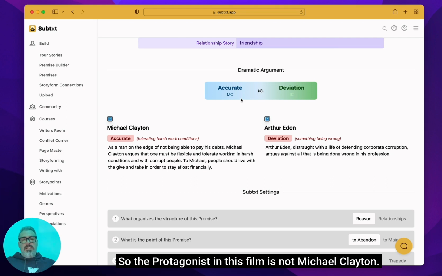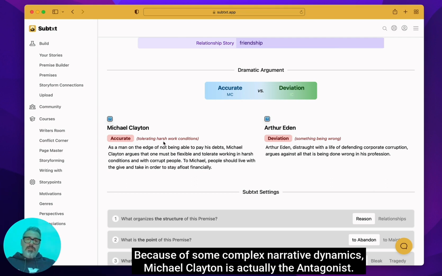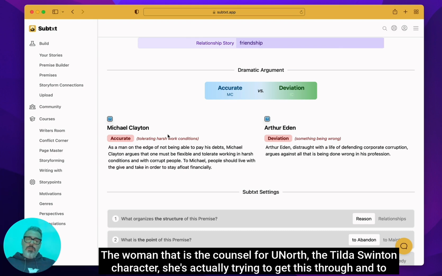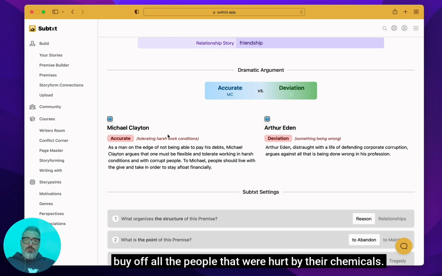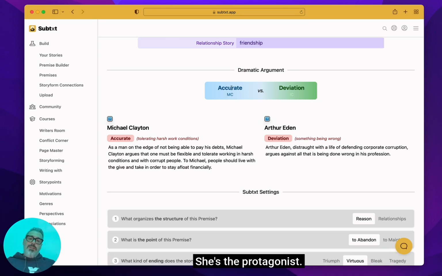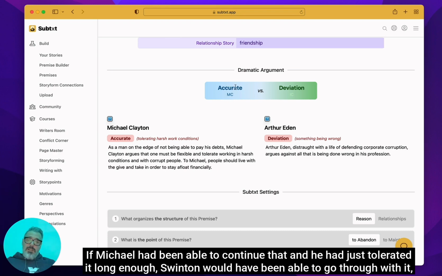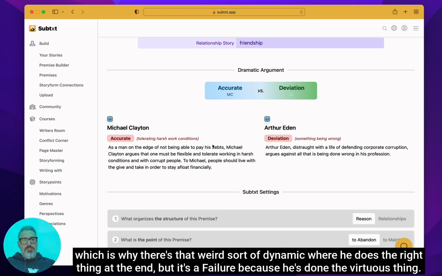So the protagonist in this film is not Michael Clayton. Because of some complex narrative dynamics, Michael Clayton is actually the antagonist. The woman that is the counsel for U North, the Tilda Swinton character, is actually trying to get this through and to buy off all the people that were hurt by their chemicals. She's the protagonist. If Michael had been able to continue that and he had just tolerated it long enough, Swinton would have been able to go through with it,